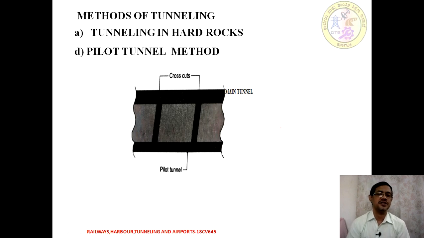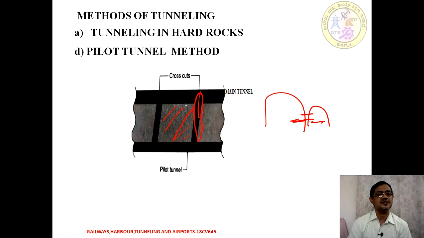So this image shows how exactly the pilot tunnel is going to be done. Say, for example, I will draw the tunnel. We are going to construct a 2.4 by 2.4 pilot tunnel, then extend some cross cuts. These cross cuts are made towards the main tunnel, so that the excavation or the muck for this portion is taken care of by using this cross cut.